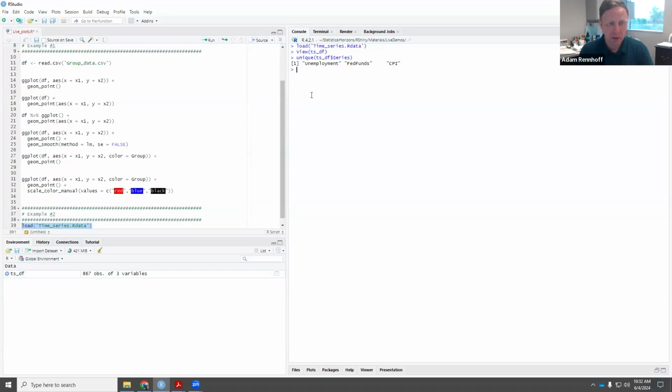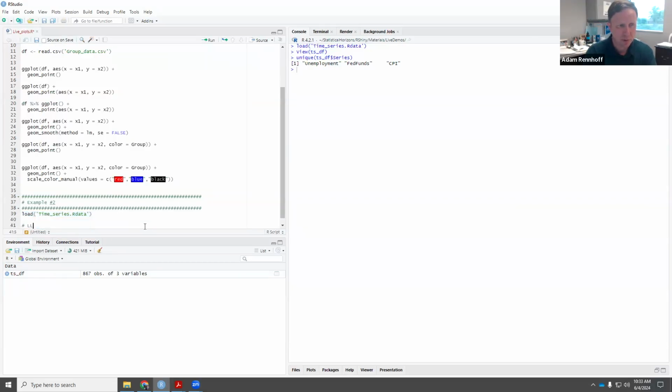While not strictly required, for line plots with multiple different series, sometimes it's just handier to create them as what you saw, which is a long format data as opposed to wide format. So for example, a wide format data might have the first column be the time, and then the second column is the value of unemployment, and the third column is the value of the Fed funds, and the fourth column is the value of the CPI. There's nothing wrong with that. You can create that. I have lots of data that appears that way. The one advantage that the authors of these packages cite about making it long, so notice it's stacked on top of each other,